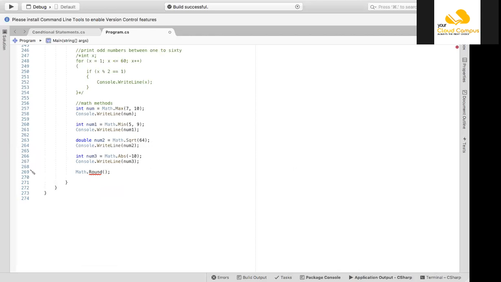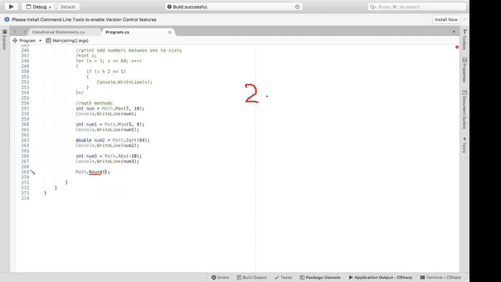What is meant by round in math? For example, we have a number 2.4. If we round this number, what will be the result? We will apply a floor function, so it will become the lowest whole number, so it will return 2.